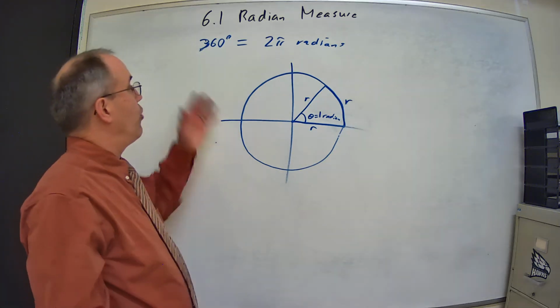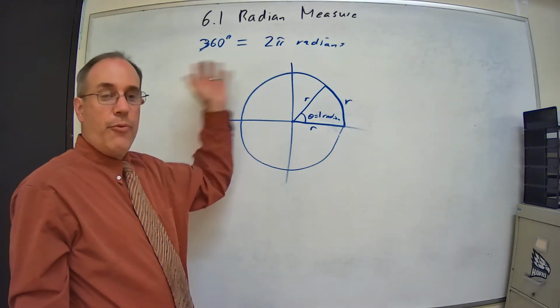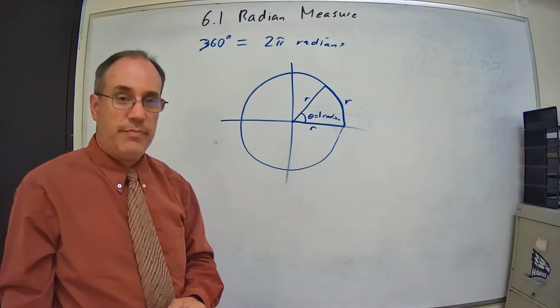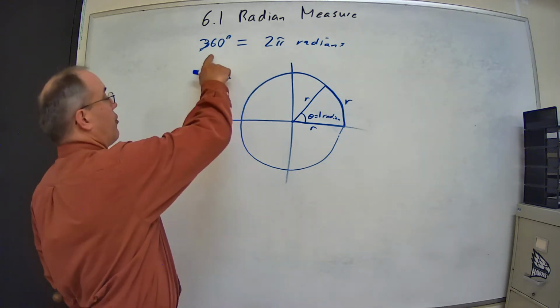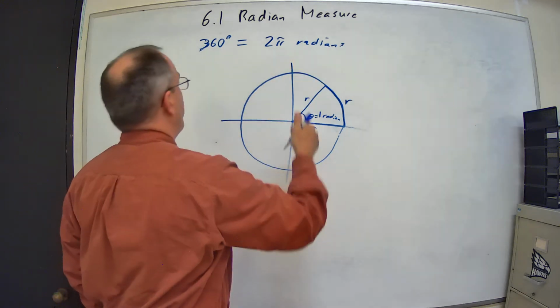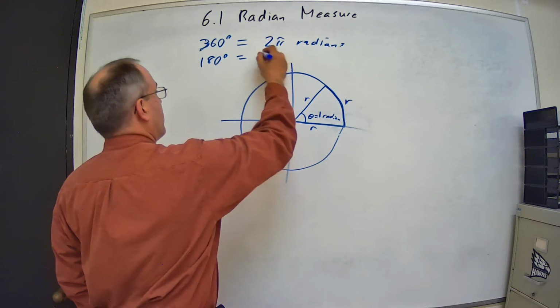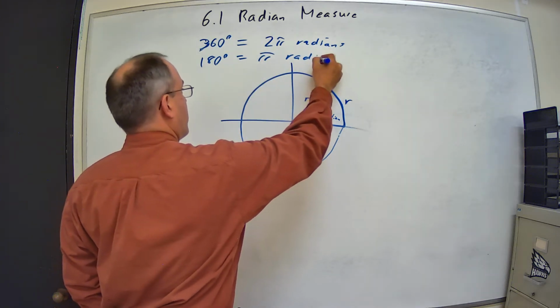Knowing this, we can create a ratio to convert between degrees and radians. So if 360 degrees is 2 pi radians, then 180 degrees is pi radians,